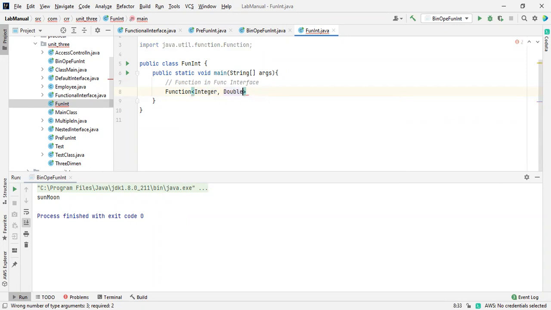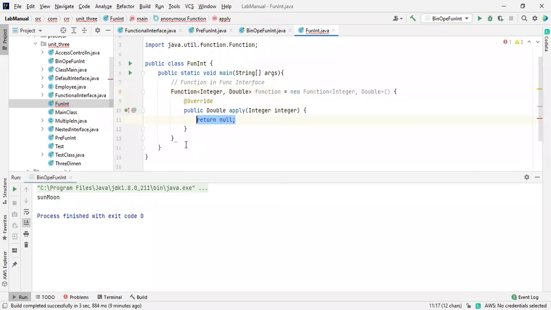I'm going to delete this. And the variable name of the function will be function, and how do you declare it? It is the same as the binary operator, which consists of an apply, sorry, an abstract method. Only one abstract method is available, similar to the binary operator. But while we are passing arguments, only one argument is allowed.